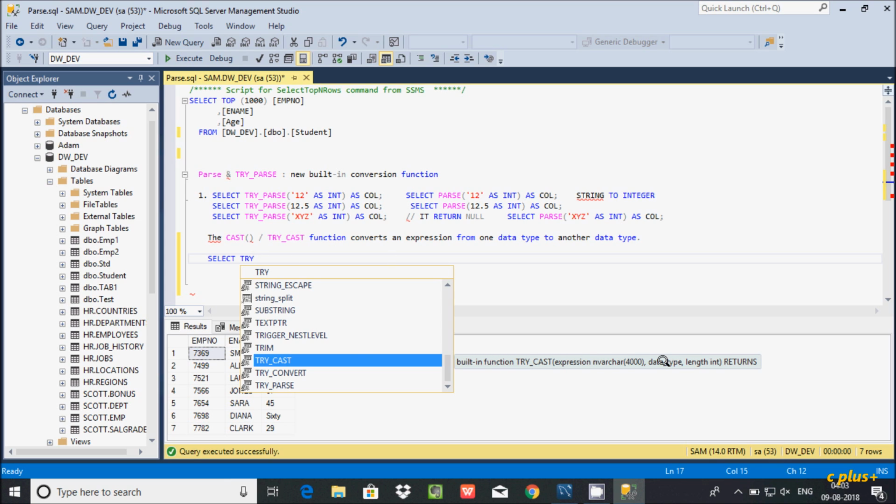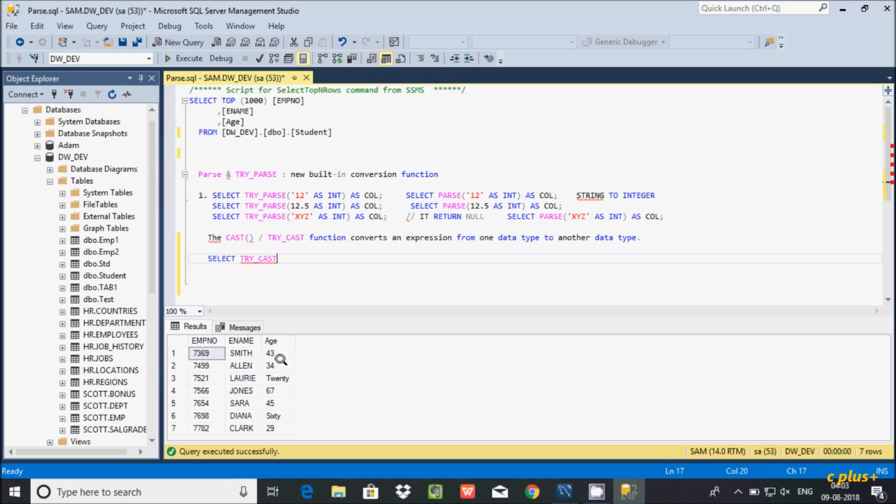It has three parameters, and two parameters are essential. Let's press enter. Now I'm going to give in single quotes 12, and here converting 12 into